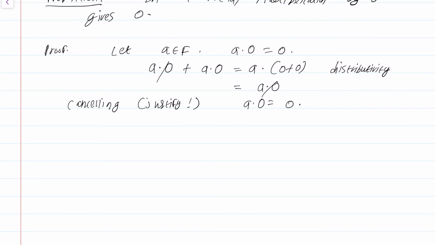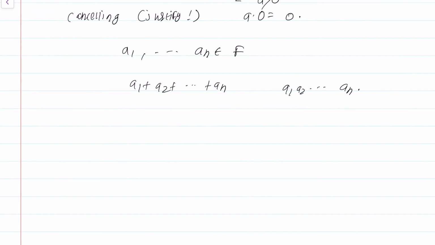That's nonsense. Now, in a field so far, we can add 2 elements, but we can add n elements also. Suppose F is a field and you have n elements a1 to an coming from the field. I can just define a1 plus a2 plus dot dot dot an, and a1 a2 dot dot dot an. Now a somewhat boring issue occurs. What is the meaning of this a1 plus a2 plus dot dot dot an? You could assign several meanings to it. You could say it's a1 plus a2 plus a3 plus a4 plus dot dot dot